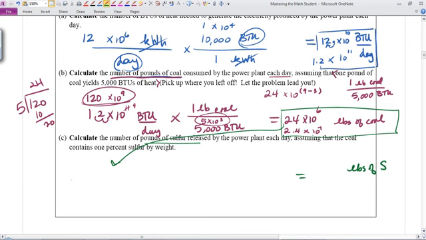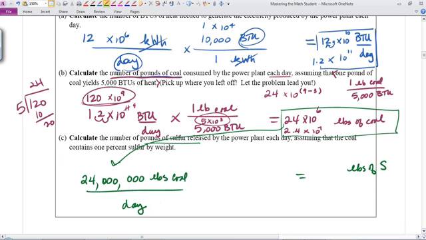So I'm going to start again with my big giant quantity of coal in pounds, which is 24 million, 24 times 10 to the 6. You can put it all out in scientific notation. You can do it in numbers. It's completely up to you. So to humor you, this time I'll do it in numbers, just to show you that it doesn't really matter which way we do it. So now I have 24 million. That's 24 times 10 to the 6. That's also 2.4 times 10 to the 7. 1, 2, 3, 4, 5, 6, 7. Yep. Pounds of coal per day,